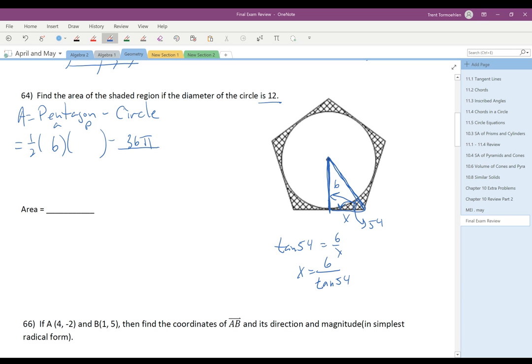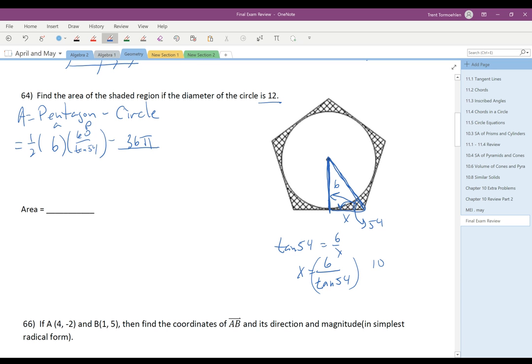And then there are going to be 10 of those x's because the x was half a side length and there are 5 side lengths, so that means there's going to be 10, and so our perimeter is just going to be this times 10, and so you could write it as 60 over tan 54. And so in your calculator you're just going to multiply all this out,